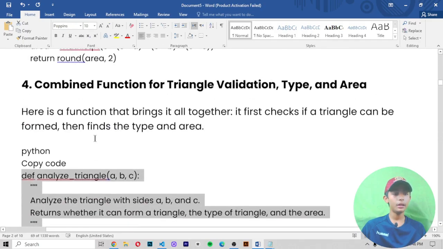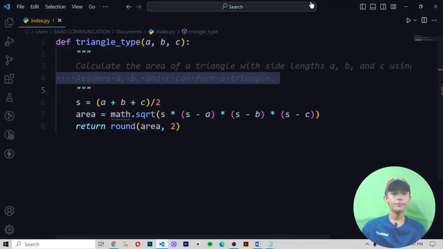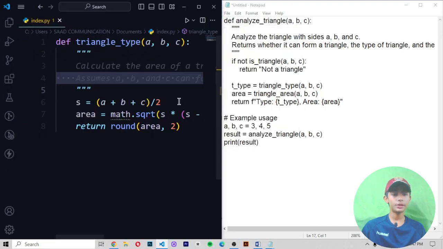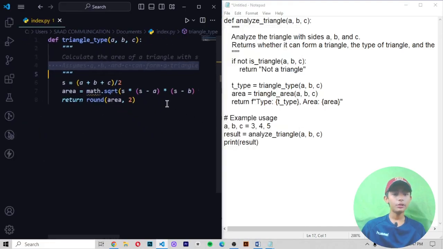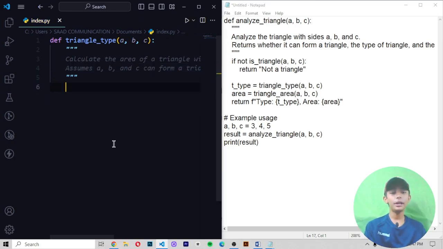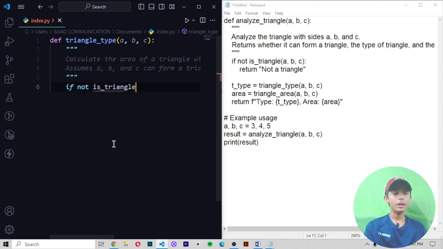Let me copy it and paste it, and then open your Visual Studio Code. In your Visual Studio Code, let me tell you what you can do. First of all, slide by slide. When you do it, first of all I am not writing any comment. Okay, I am only writing here if not is_triangle(a, b, c), then return, in double quotes, "not a triangle",